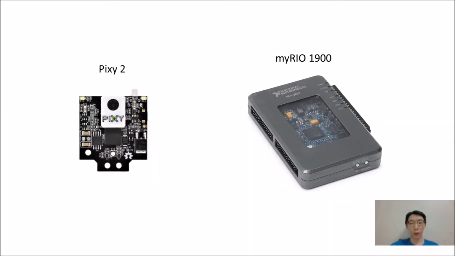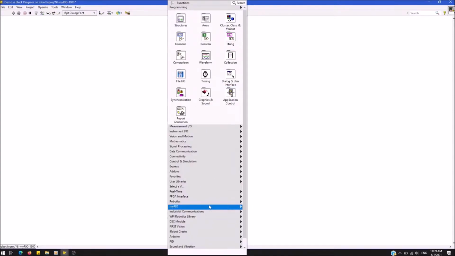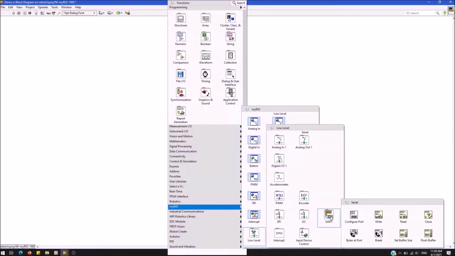In this video, I'll be showing you how to communicate between Pixie2 and myRIO using the UART interface. This is how the wiring diagram looks, referring to the datasheet of Pixie2 and myRIO. Let's continue in LabVIEW. Since we're using myRIO, I'll be using the myRIO palette, low level, and UART